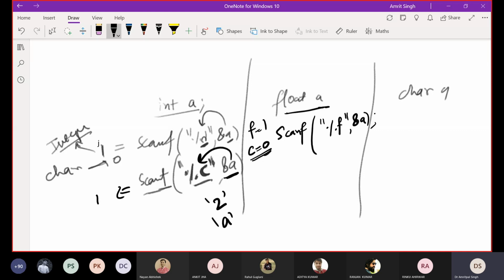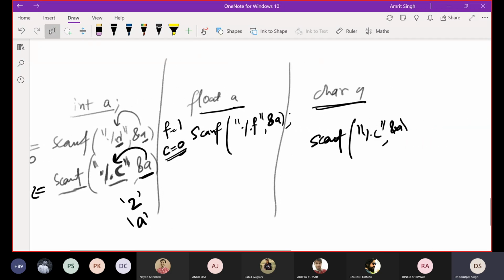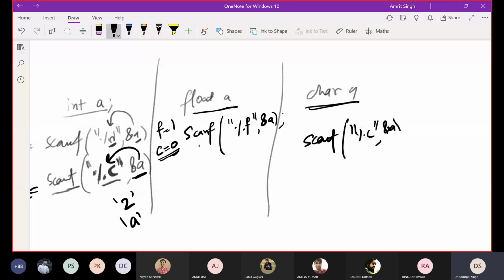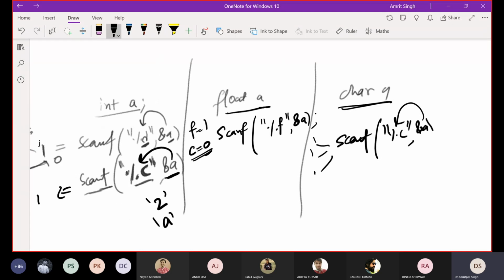ठीक है बच्चे? Done. But in case of character, %c, you can add anything. You can add anything and it will simply typecast it to the character and store that value, so it is always going to return you 1. ठीक है बच्चे?